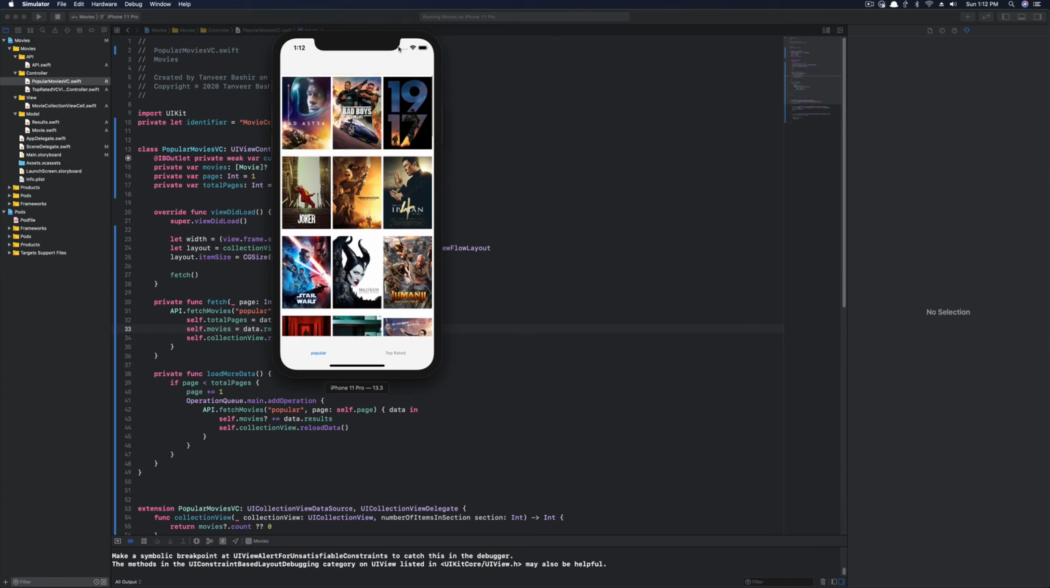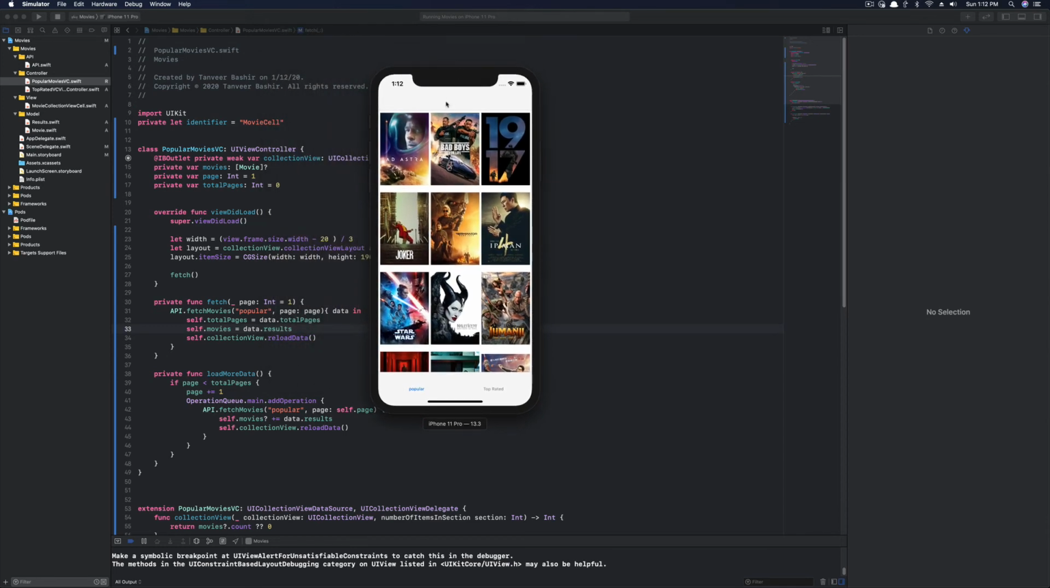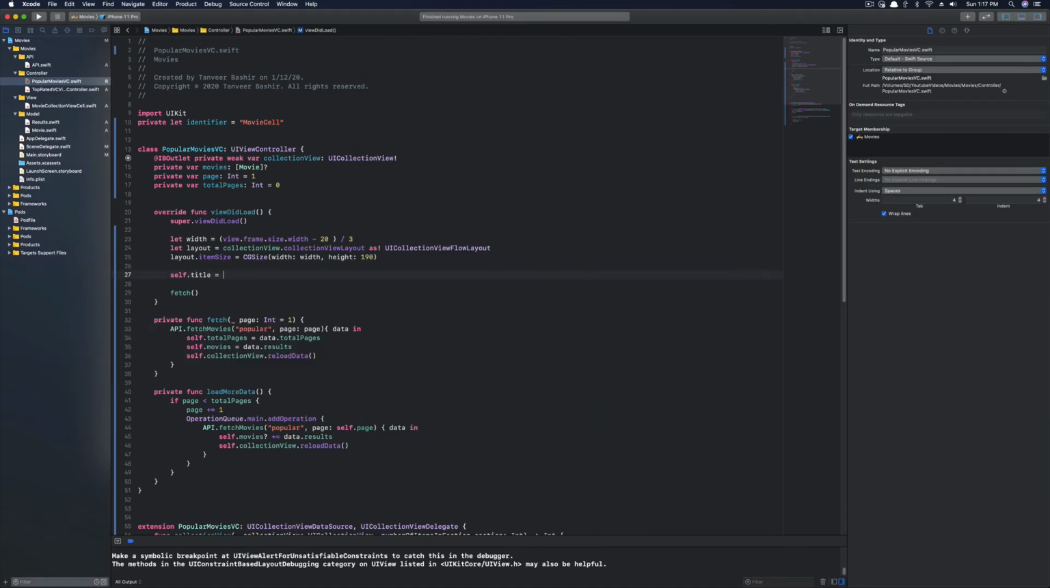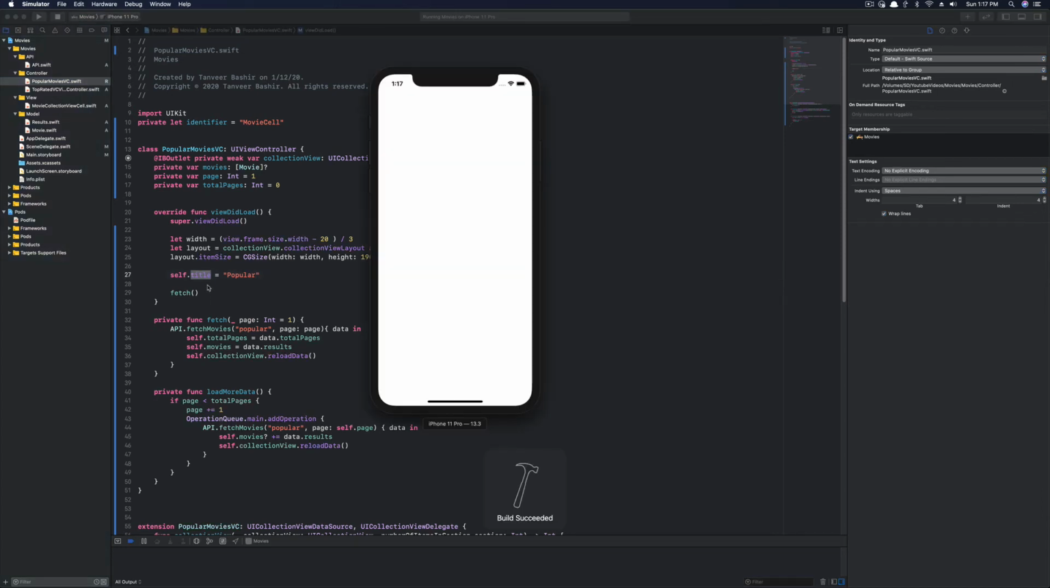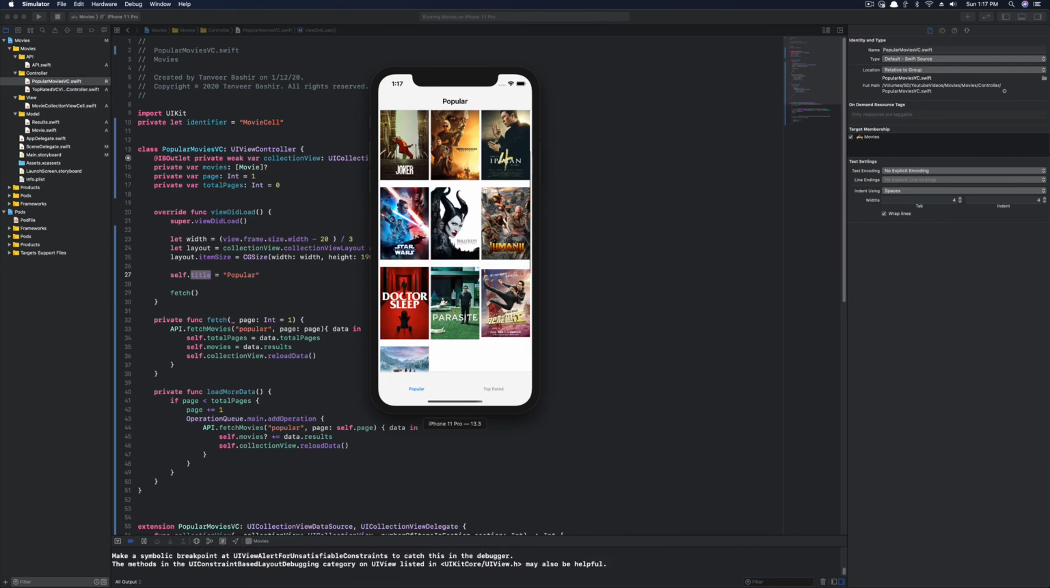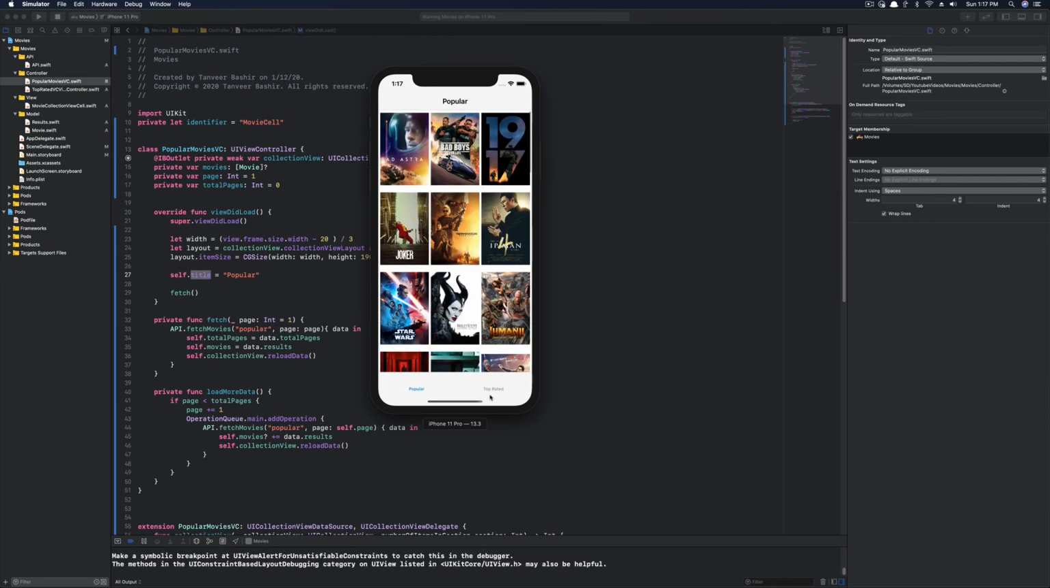One more thing I want to do is, you see we don't have the navigation bar title. So when we are in popular, we should say popular movies. When you're in top rated, we should say top rated. So that's popular right here. So now we should be able to see, so the view controller has a property self.title. So there you go, popular. And if you go to top rated,